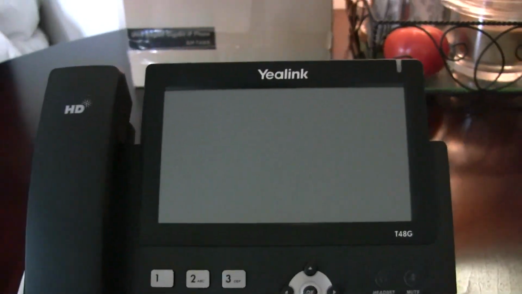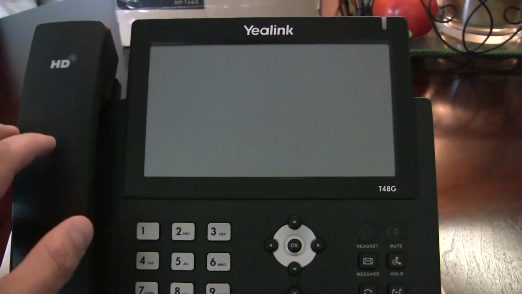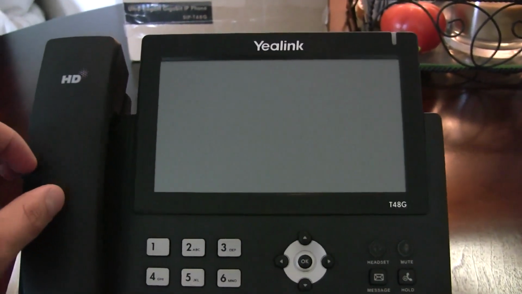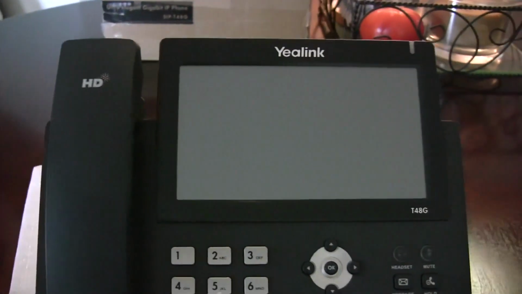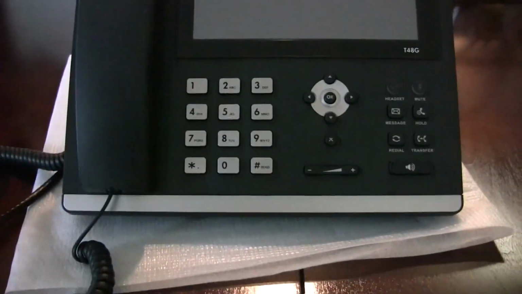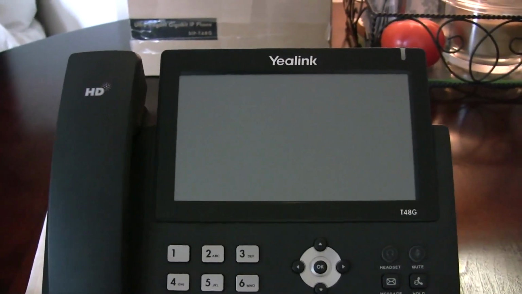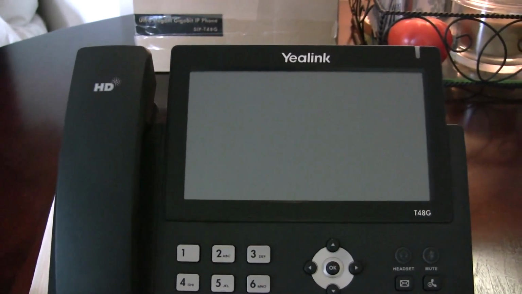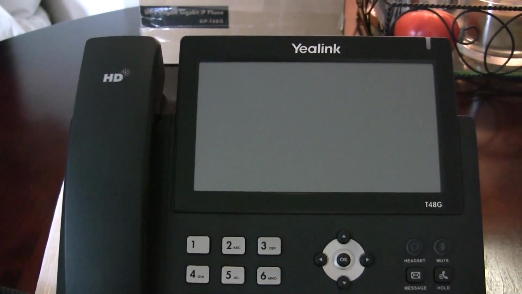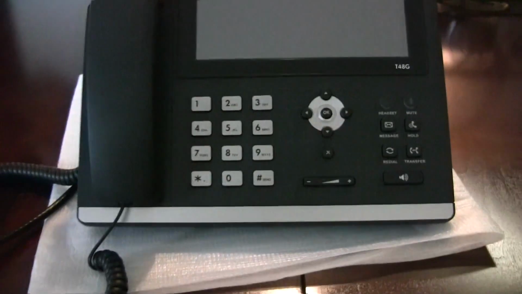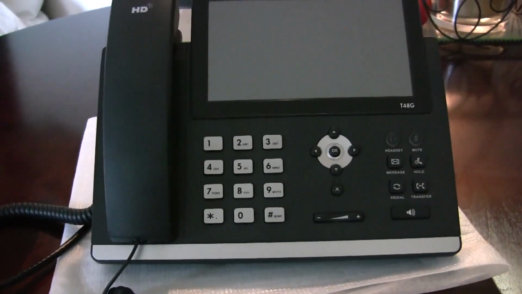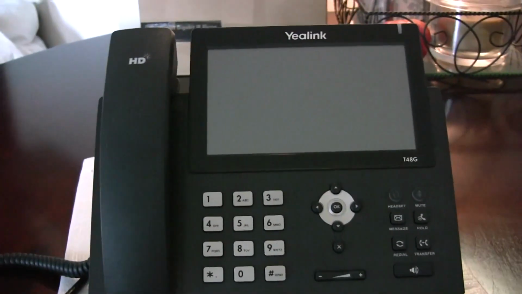T48G desktop SIP phone. This is an enterprise level SIP phone. It is one of their latest models out. It doesn't do video, but it does support things like 6 different SIP connections, a lot of cool high-level enterprise grade features, and nice, clean, sleek lines make it look really nice in a receptionist area, but also for your manager's